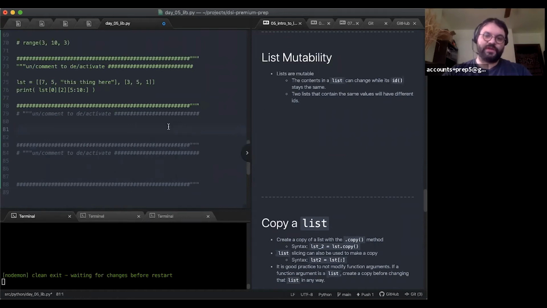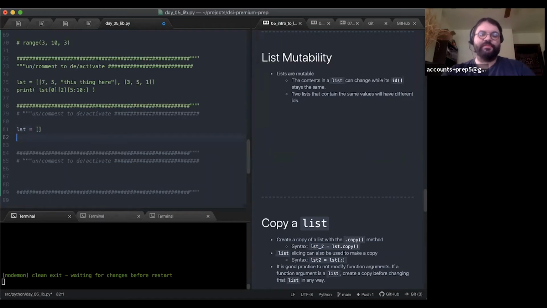In order to talk about mutability, the way we can tell in Python if a type is mutable is if it has mutable methods. Essentially, that's how we can tell. So if I say list equals, let's just start with an empty list. There's a method built in for lists called append.